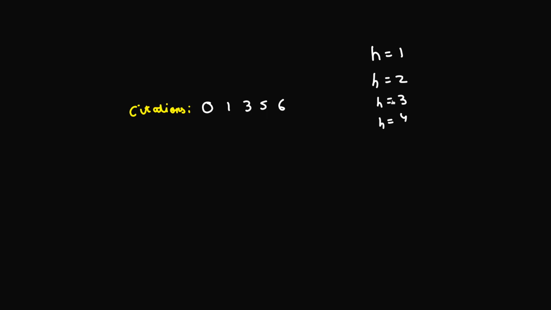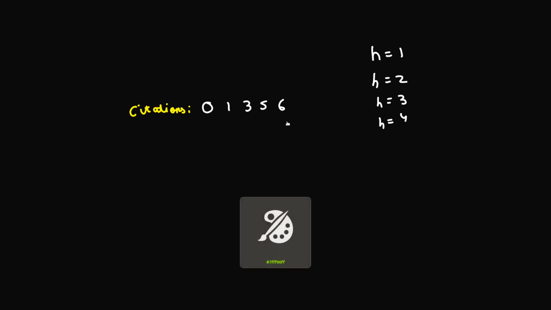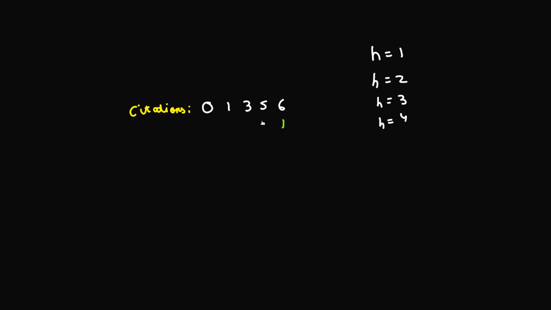Okay. Similarly, consider H equal to 3. So consider the third number from the end. Okay. So what I'll be doing is writing the indices from the back: this is the first number, this is the second number, this is the third number, this is the fourth number, and this is the fifth number from the back. Okay. So this is from the back. This is the first number from the back, this is the second number from the back, third number, fourth number, and fifth number, and so on.